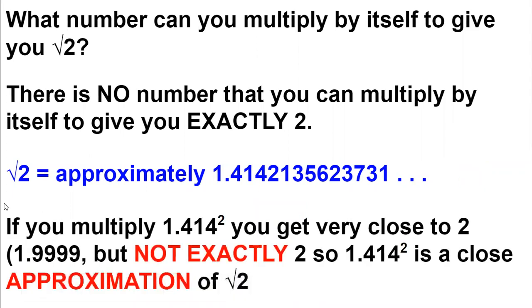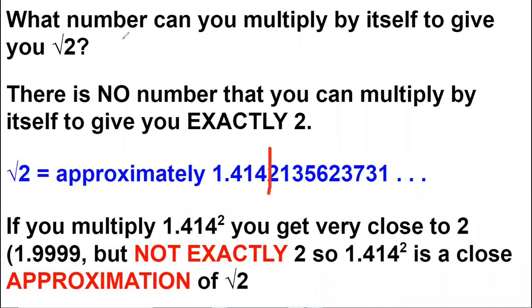So if you were to multiply 1.414, let's just go that far, let's cut it off at the spot right here. If you were to multiply 1.414 squared, you're going to get very close to 2, but not exactly 2. So take your calculator and type in